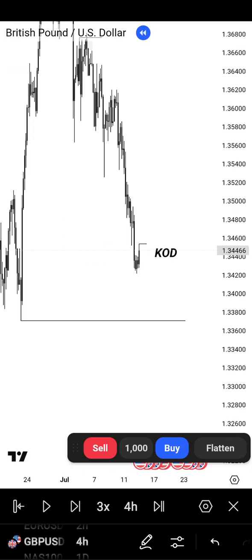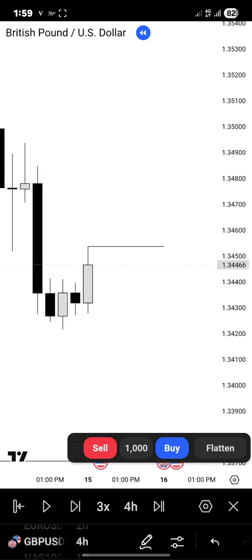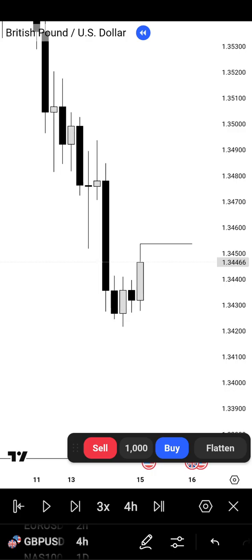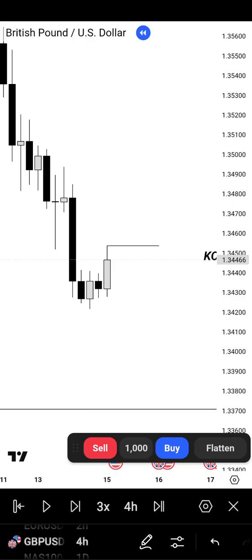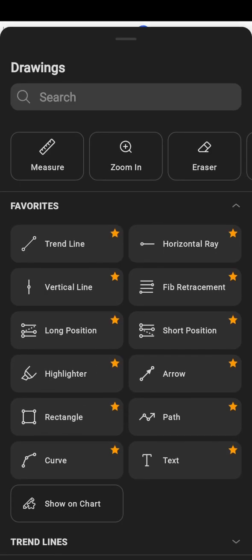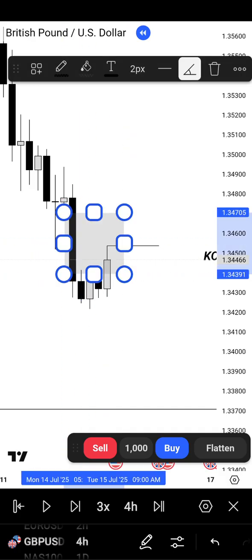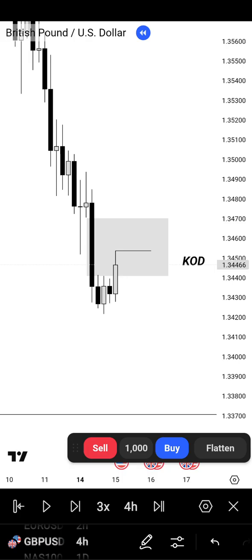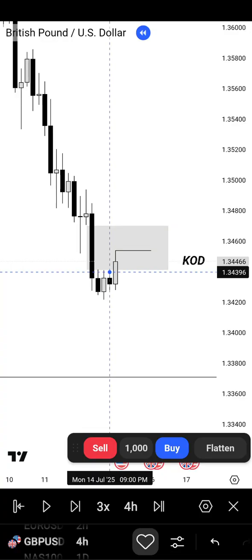this was my CRT candle and I marked everything much before the market started to open. So right here, I'm looking for the market to give me a turtle soup. And here I have my fair value gap. So right here, we have a fair value gap. And this fair value gap was my key level. And my target or my draw on liquidity is still this low, right? So this is where I would say your turtle soup has to happen